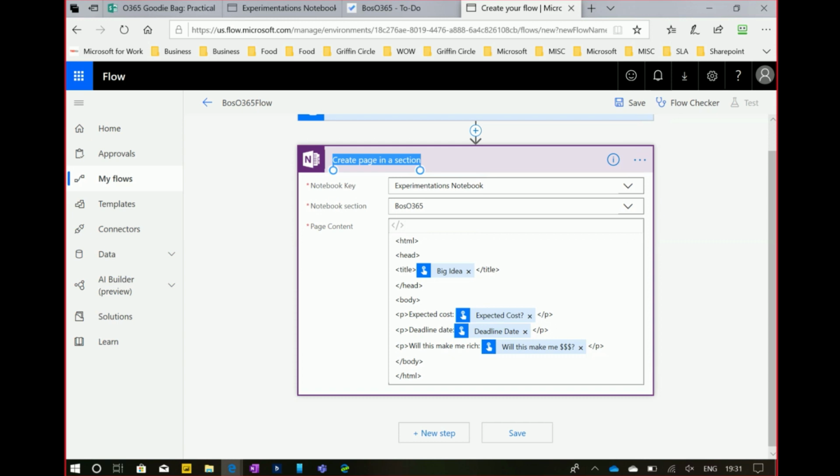So this is the title that's going to appear in our OneNote notebook? No, this is just the flow's. Just the flow, oh, okay. Where naming your steps comes in handy